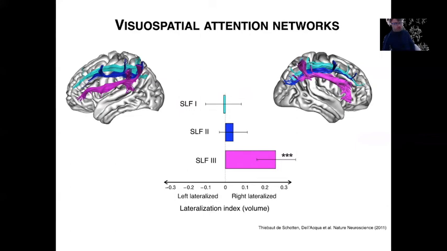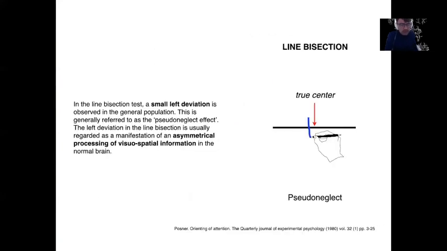Now, this is interesting, and this is what we traditionally call converging evidence, but that doesn't mean that those things are statistically linked. So what we tried to do is quantify how much, in terms of behavior, people were dominant for the right hemisphere for the visuospatial attention network. And to do so, we used a line bisection. It's a long line of 20 centimeters that I present to you, and I ask you to put a mark in the middle of it.